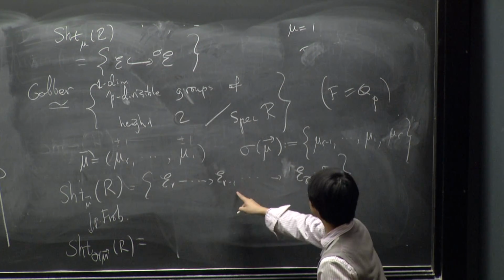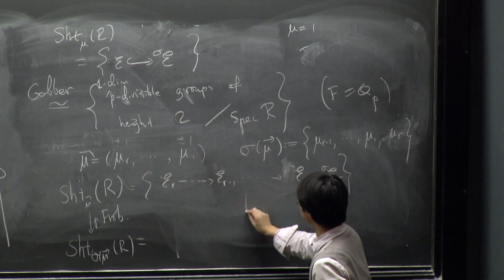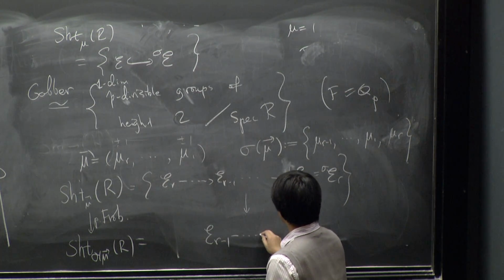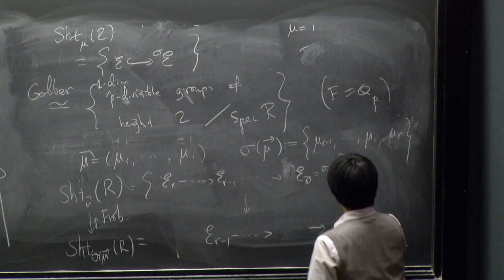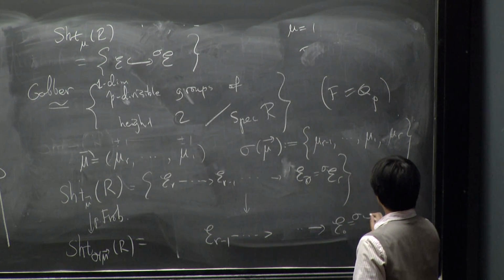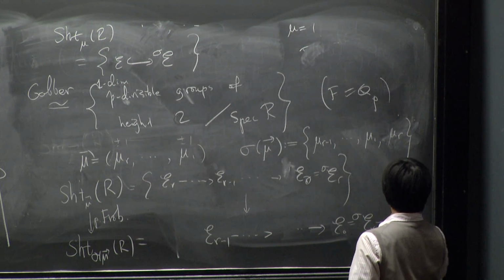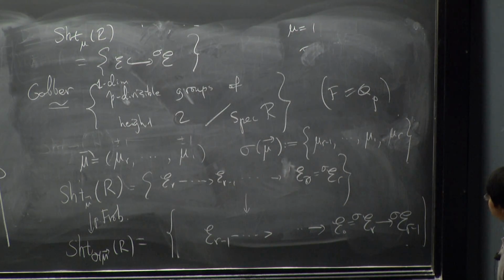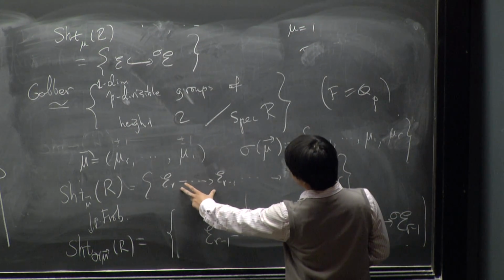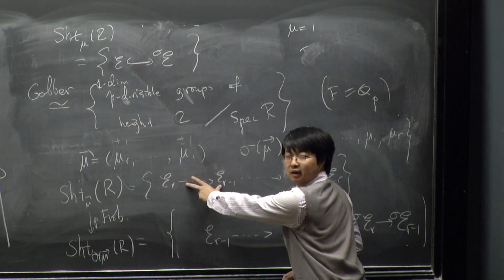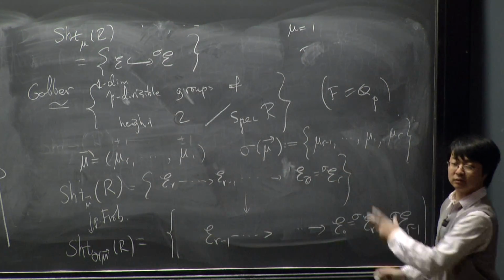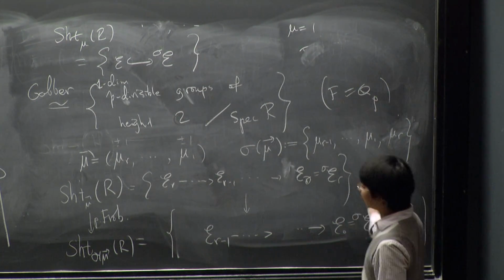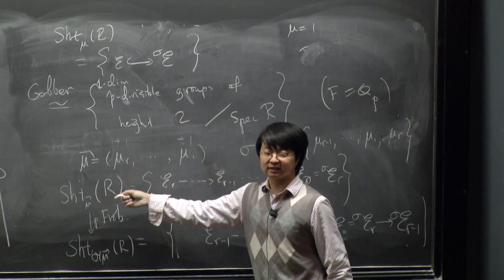This map sends this chain of vector bundles on the disk to the following thing, applying sigma to the chain, so you can apply pullback of this map along the disk and then put it here. You can continue. This is called partial Frobenius because if you iterate it r times, it goes back to itself, and that's the Frobenius endomorphism